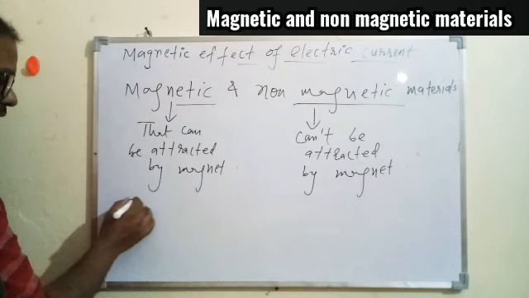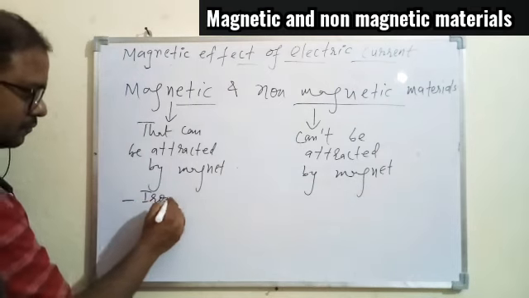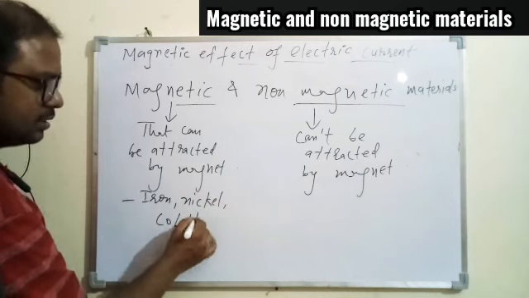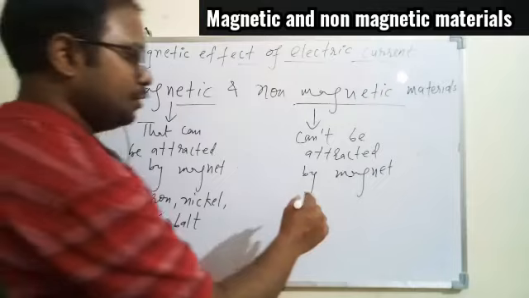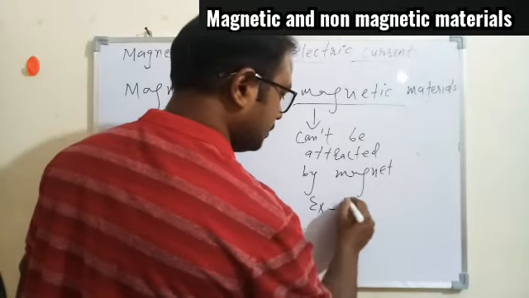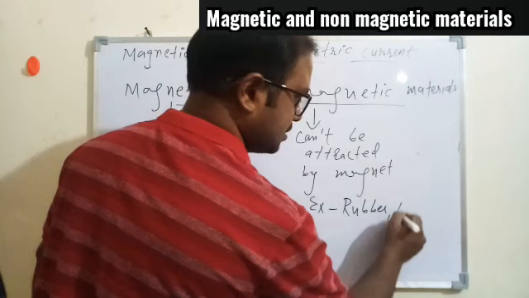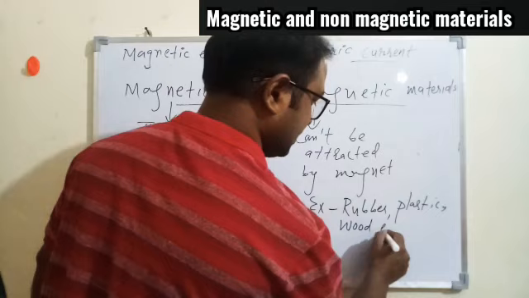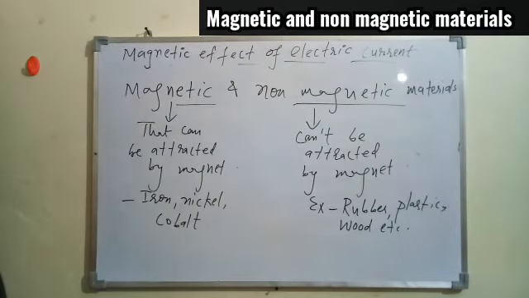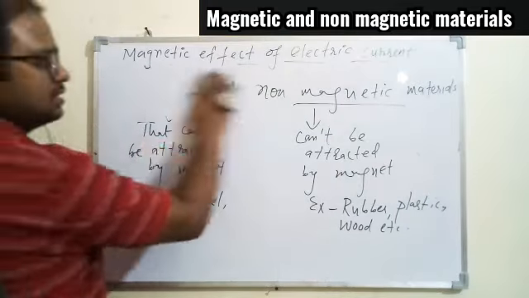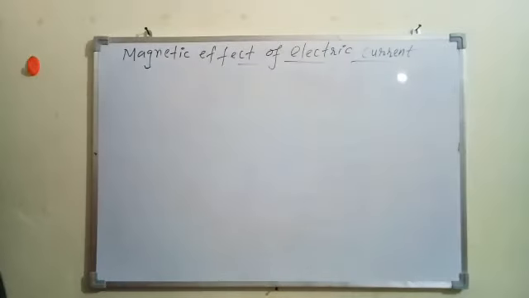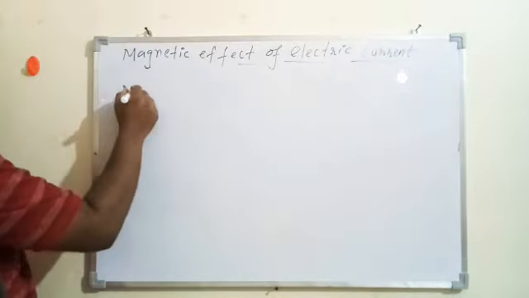and examples we have many, like iron, nickel, cobalt are some magnetic materials we have, and non-magnetic is like rubber, plastic, wood. So I hope this is also you have done in previous class, that is class 6, so not so complicated. And now we are moving to the next concept, that is magnetic